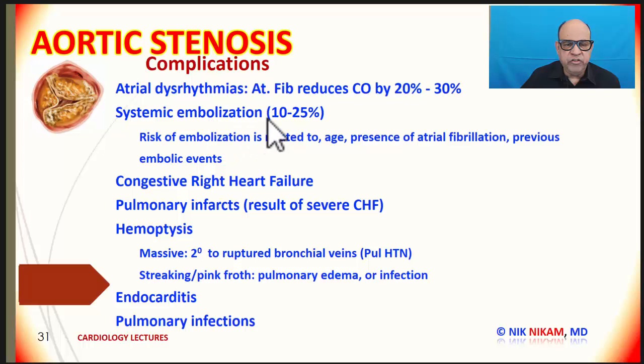Systemic embolization is seen in 10 to 25% of the patients, and it is very important to keep in mind that this systemic embolization can get complicated because it may be related to atrial fibrillation with the formation of clot in the left atrial appendage, or it may be related to calcified debris from the aortic valve, which may be causing the embolization. Congestive left heart failure can occur in patients with advanced aortic stenosis, especially after the development of